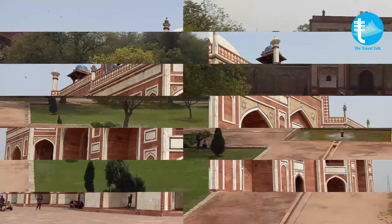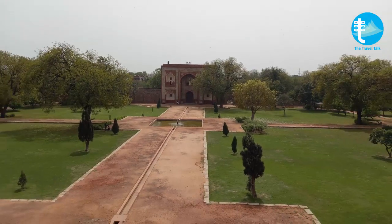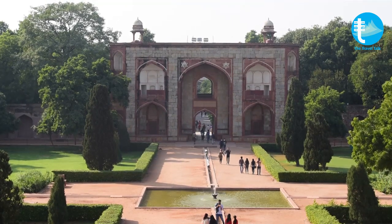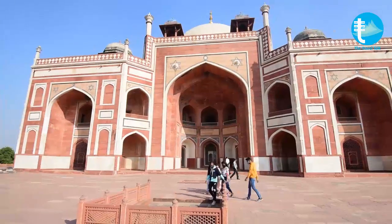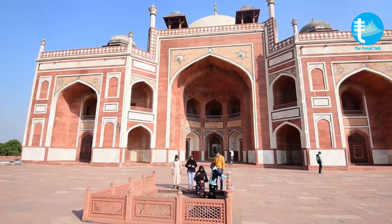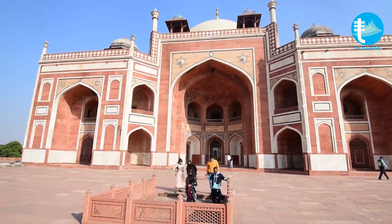Besides the main building, the Charbagh Gardens of Humayun's tomb are also a significant attraction. Built in typical Persian style, these gardens now serve as a rest area for the visitors. The tomb is in the middle of the garden, unlike the Taj Mahal, which stands at the end of the garden. The tomb, built of rubble masonry and red sandstone, uses white marble as a cladding material and also for